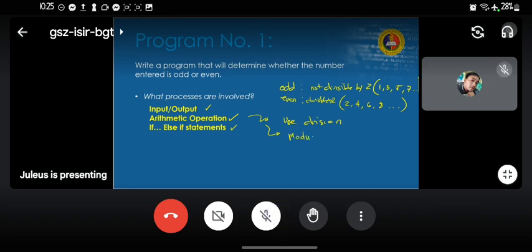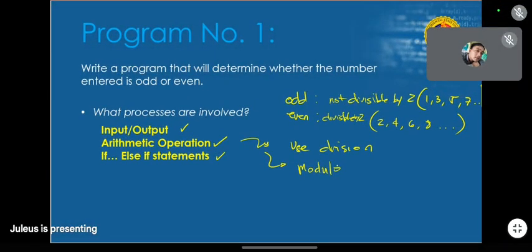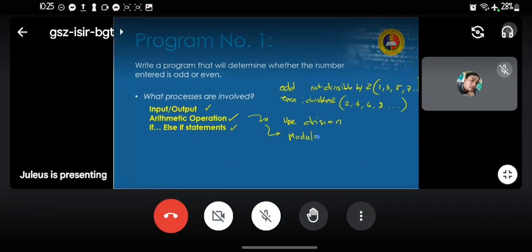Okay, let's test whether or not you really studied the lesson last week. What do you mean by modulo? Anyone? You learned this in last week's pre-recorded class, right? What do you mean by modulo? Go ahead, Anthony. As a remainder. All right, so when you say modulo, that is the remainder after a number is divided.